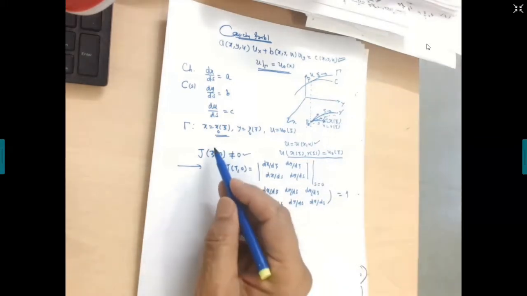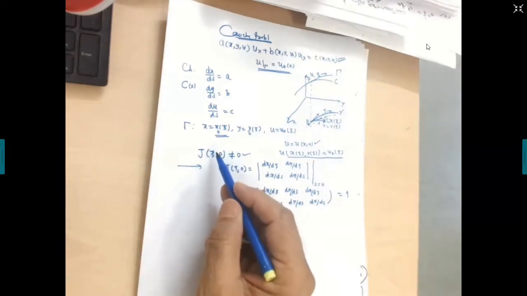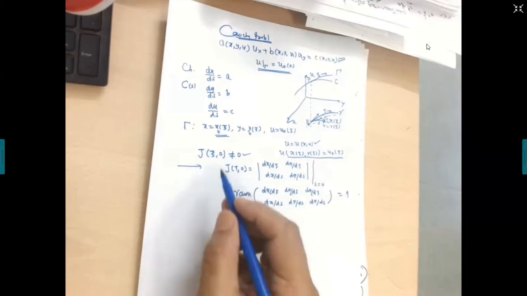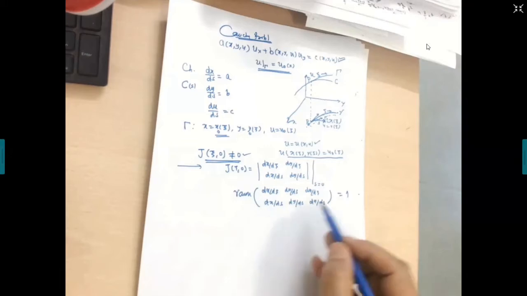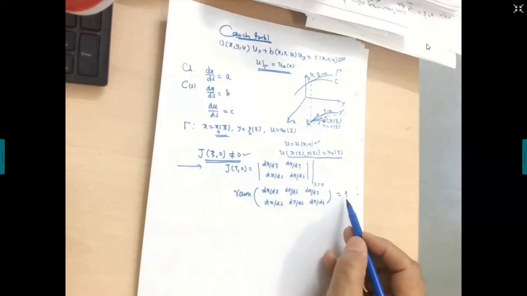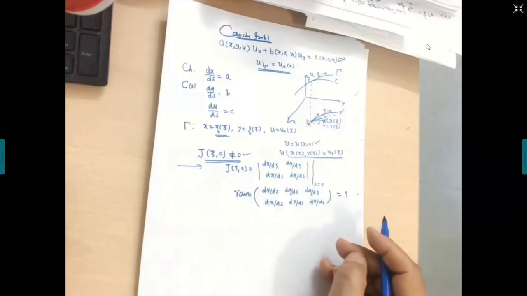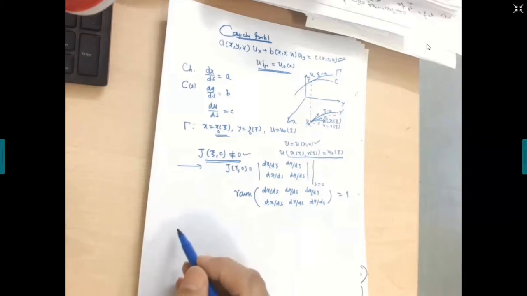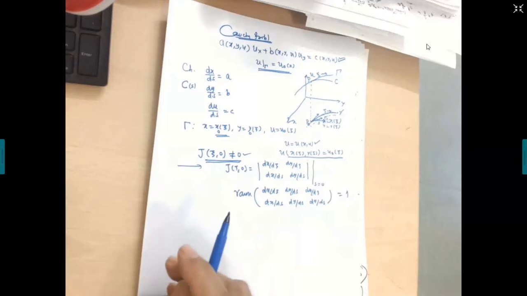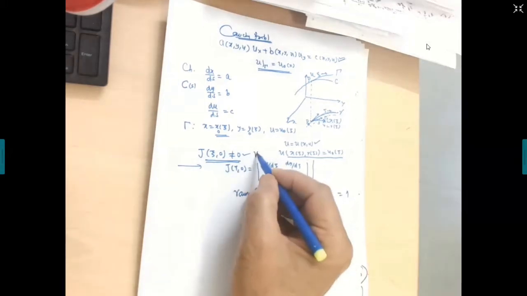So I specified 2 or 3 conditions, if you remember. If this is not equal to 0 and the rank condition is 1, then the Cauchy problem has a unique solution, or no solution, or an infinite number of solutions? Tell me quickly. It has a unique solution for every xi.